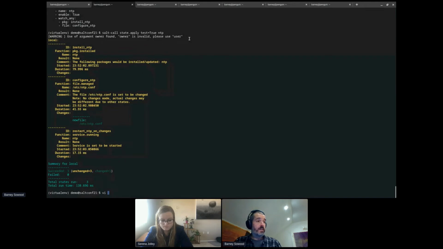So the file.managed state function specifically deals with the case of being passed owner rather than user for the owner/user of the file, just because I think that's really quite common in other configuration management systems.